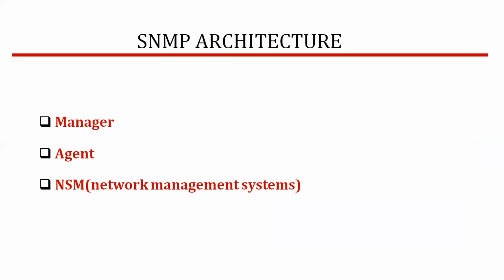Next comes the architecture of SNMP. It consists of manager, agent, and NMS, network management system. Manager: a management station called a manager is a host that runs the SNMP client program. It monitors and manages devices connected to the network. Managers send requests to the network device called an agent, and the agent will respond to the manager's request via SNMP. Agent: the agent will respond with data on managed systems as variables. A managed station called an agent is a router that runs the SNMP server program.